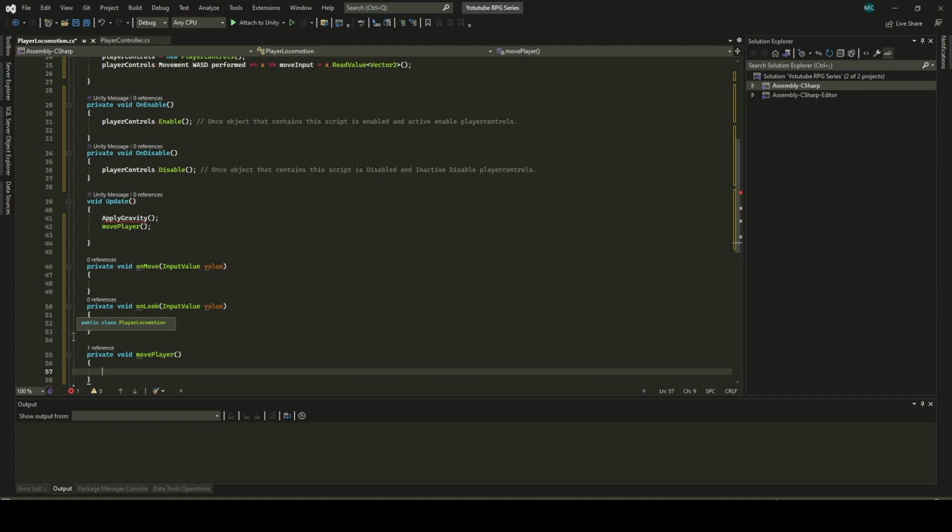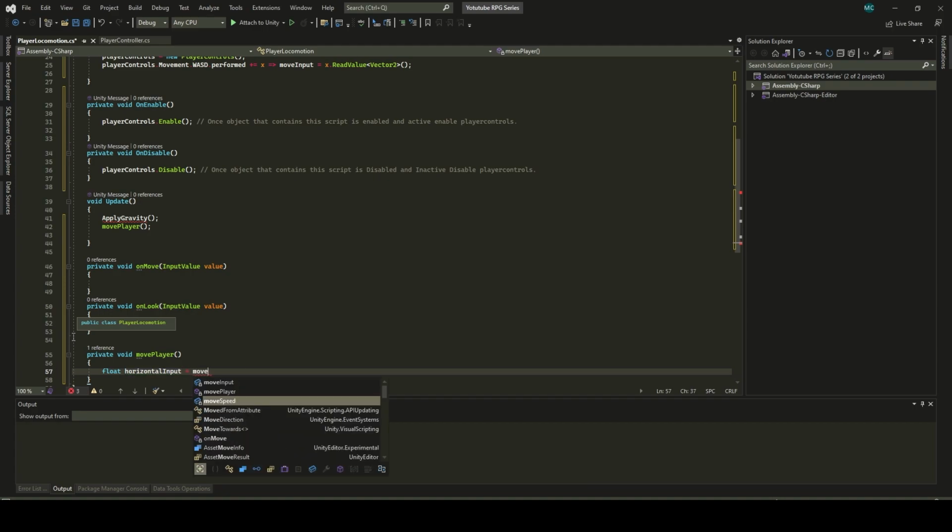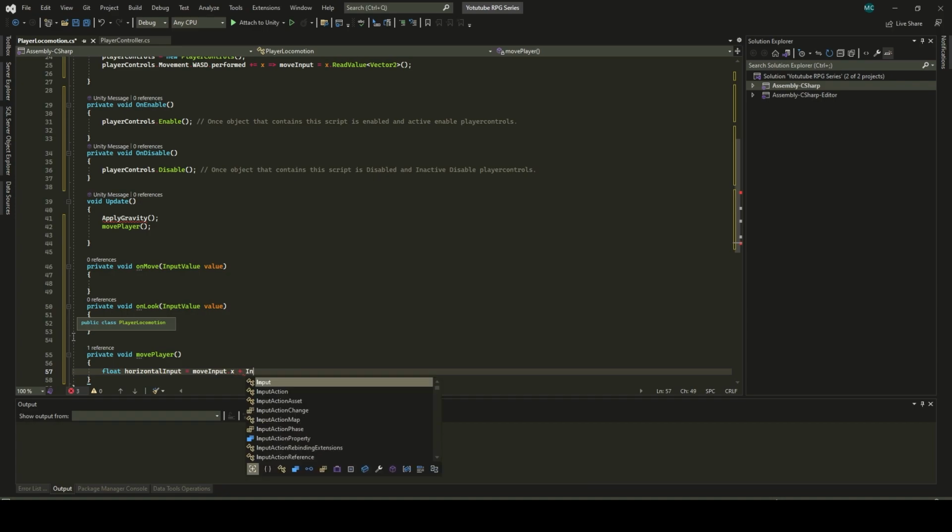So we're going to say float, because we need to move him between -1 and 1. So I'm going to say float horizontalInput. This is for moving the player horizontally. It is going to be moveInput.x. You remember we created the moveInput variable, and then plus